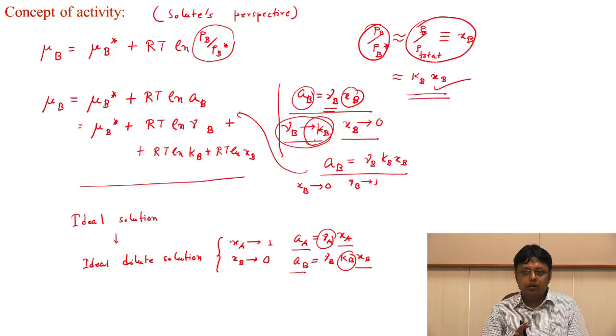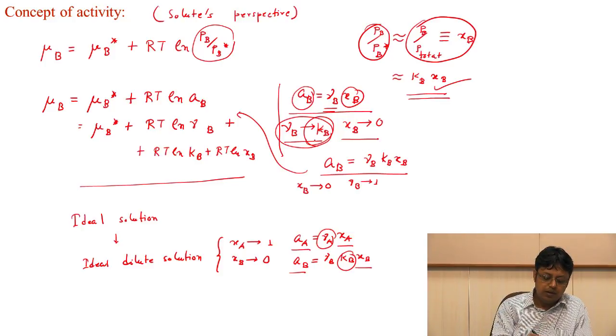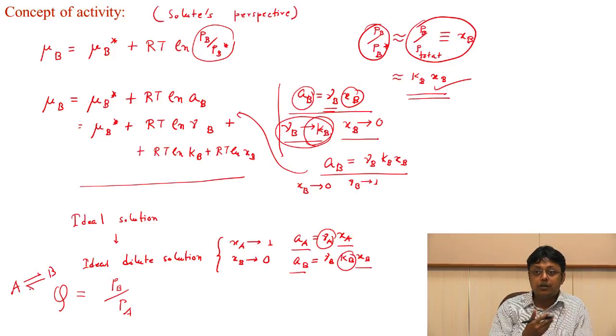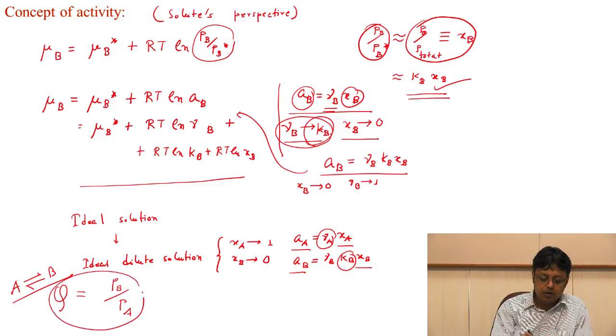And now the point here is that we introduced this part in discussing the reaction quotient, in the sense that we need to now write, as we know, what is the reaction quotient? It is nothing but the difference in the pressure, and we wrote it as Pb by Pa for a reaction which is going like A to B. But we'll now use a general equation and ask this question, how to write this reaction quotient. Now this we got by writing the mu in terms of the pressure, like Pb by Pa. But now what are we going to do? We are just going to write it as